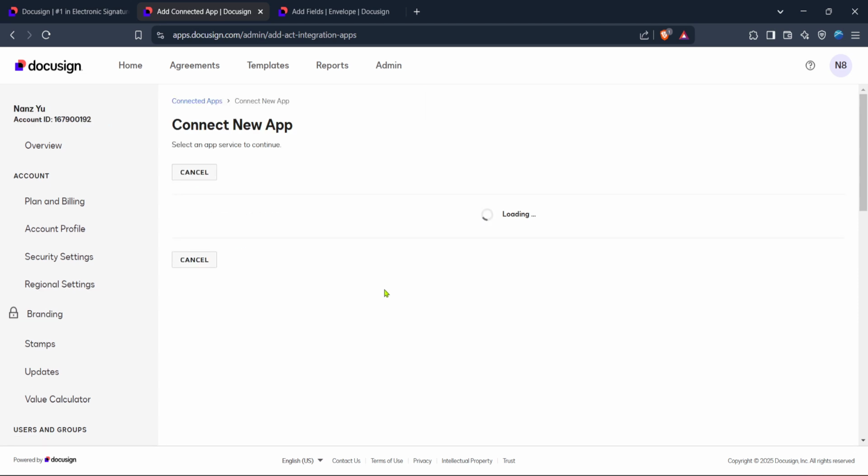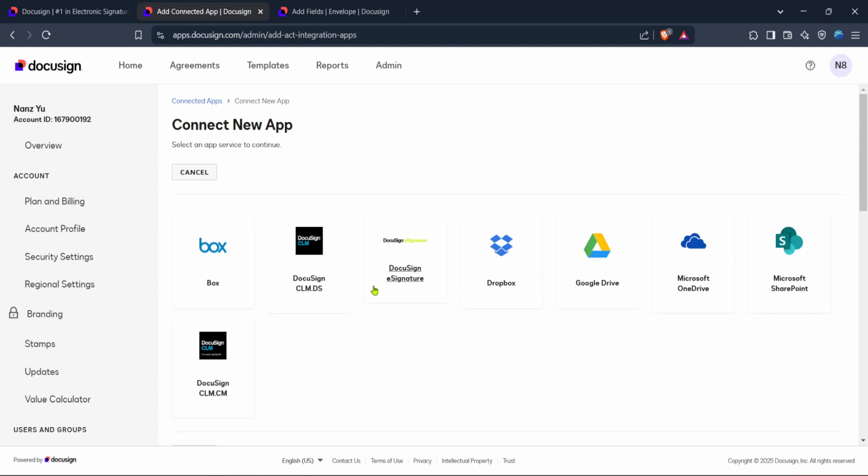Finally, you'll be prompted with the Go to Agreement Actions option. Clicking here allows you to define what you want to happen once your DocuSign documents are completed and stored in OneDrive. This can include organizing your documents for easy retrieval or setting automated actions for different types of agreements.